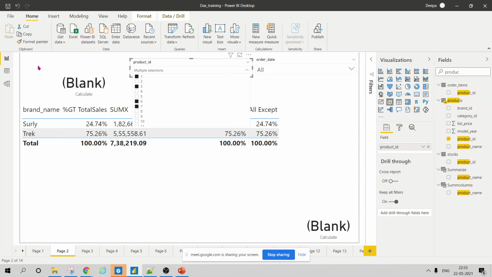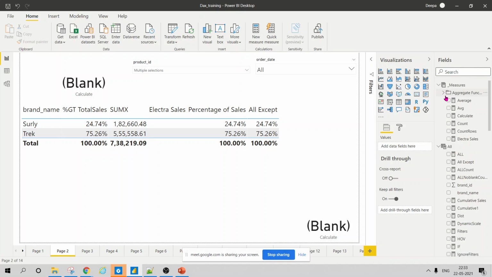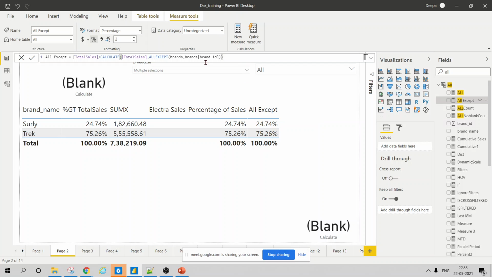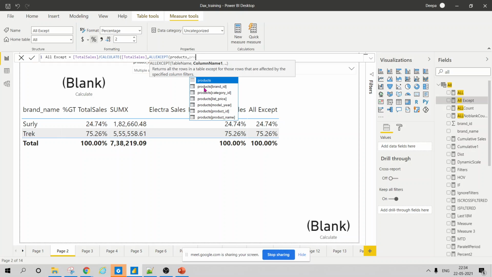Okay. So now let me go to the ALLEXCEPT and write here ALLEXCEPT, product table name, comma, product ID.